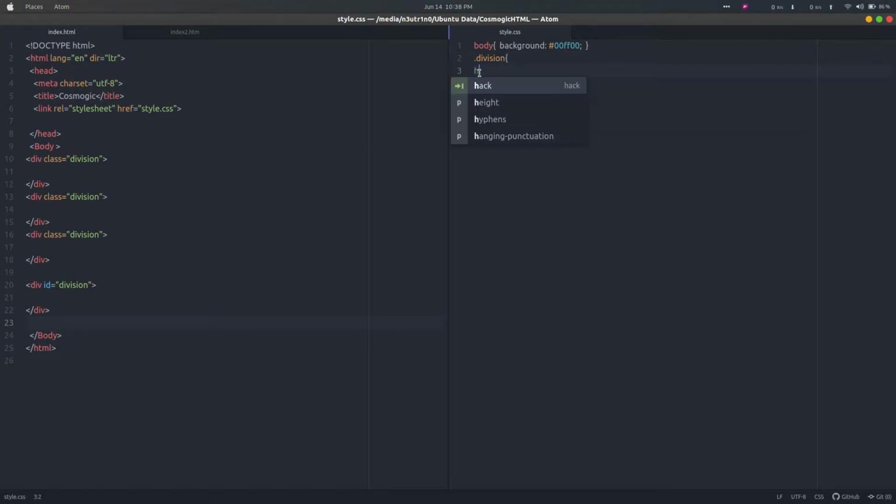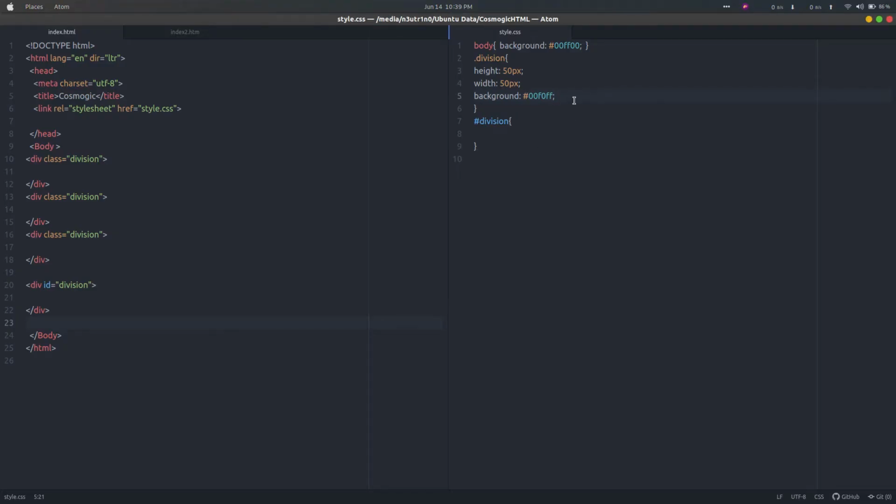So let's style this. First, the property height, which we all know. Let us give this 50 pixels, and give the width 50 pixels, and give the background. Now refresh the page, you can see both here.